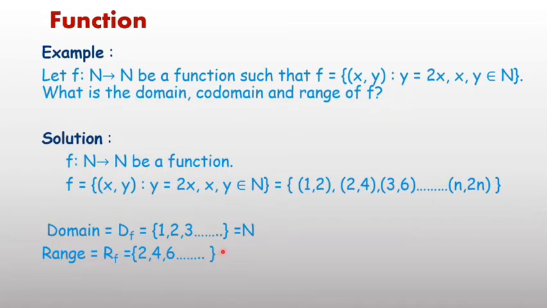And what is codomain? The second set is known as codomain. If f is a function from N to N, then the second set, whatever is written, is known as codomain. The first set is domain, the second set is codomain, and the values of y, as per definition, are known as range. That is the process to find domain, codomain, and range. I hope it is clear in this example. Now next,